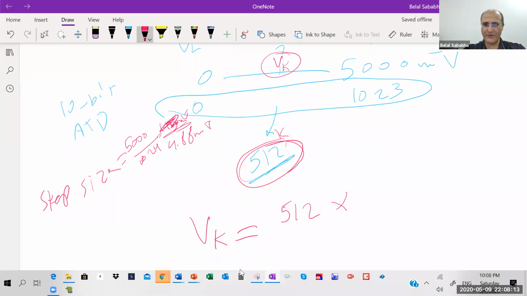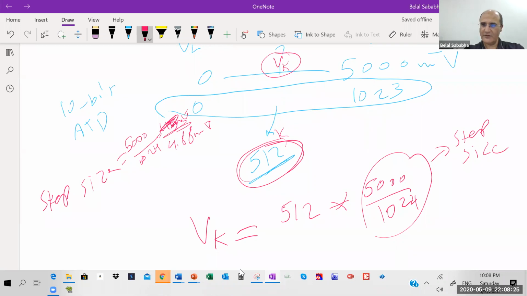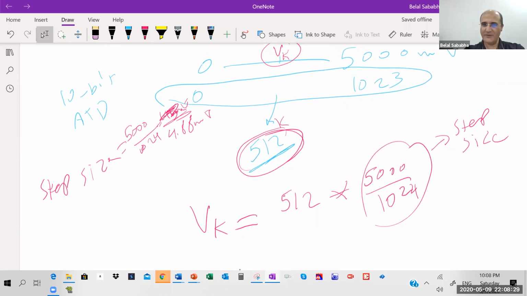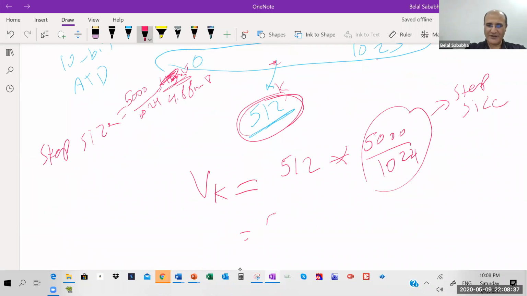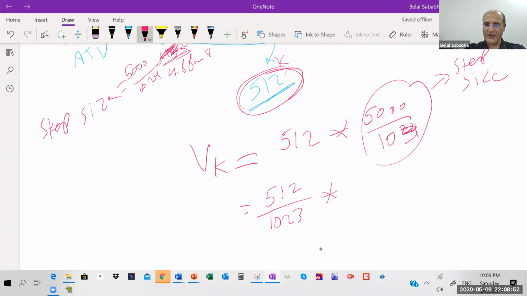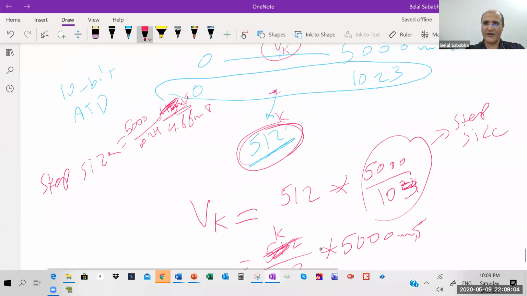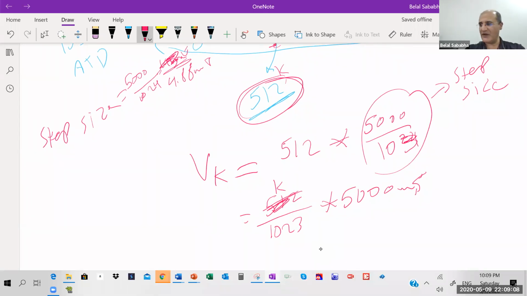Yeah, this is it, times 1024, and this is the step size, right? But in another way, you have a ratio here: the reading you read, 512, over 1023, multiplied to convert it into a number related to 5000. So assume it's K. If K was 512 over 1023, about half, then half of 5000, that is, times 5000,